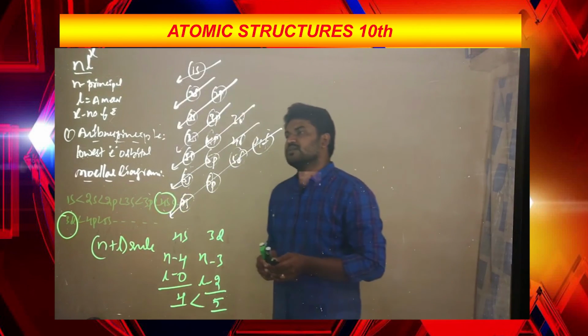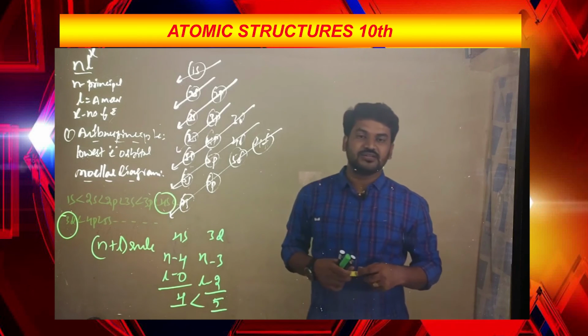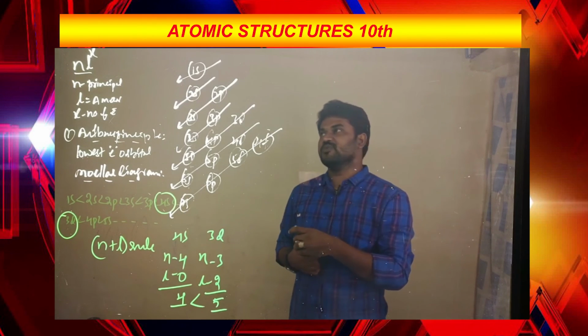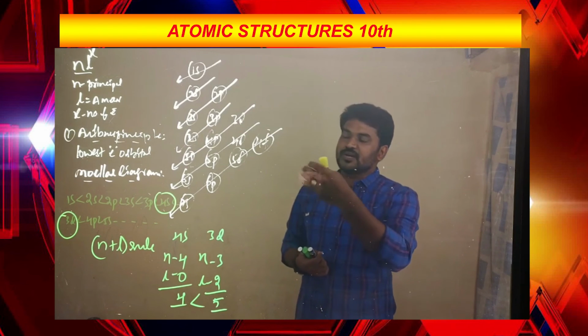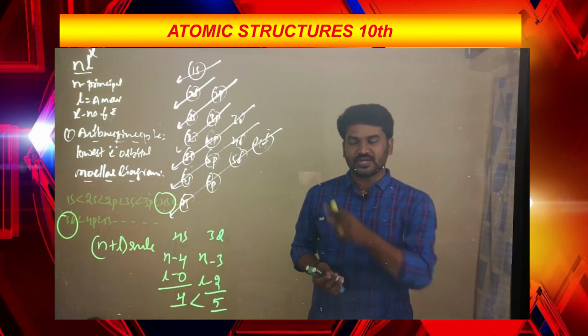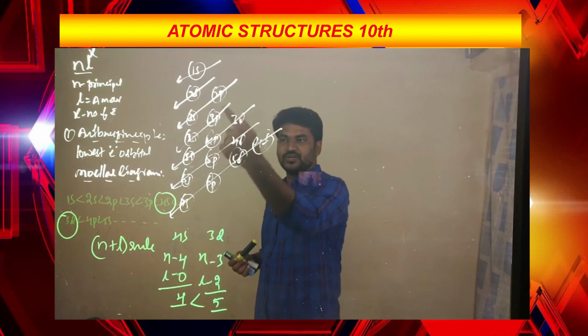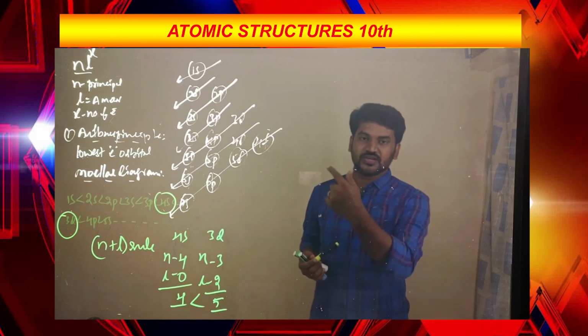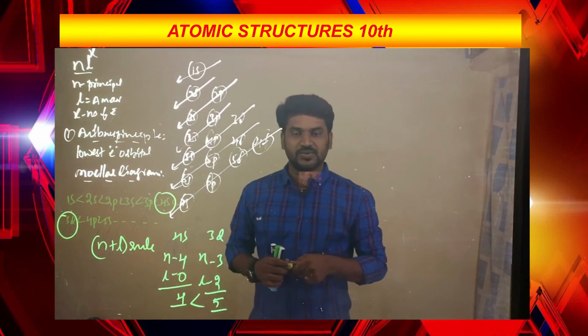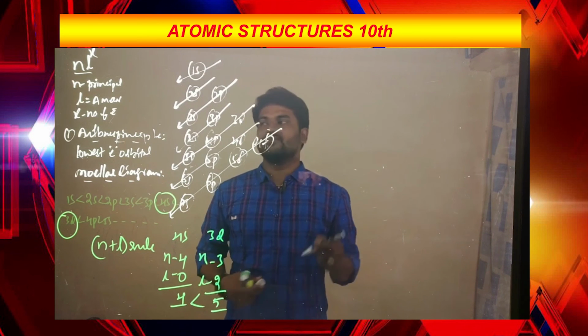So we are filling the electrons as per the Aufbau principle. Aufbau principle means lower energy orbitals are filling first, then it goes to higher energy orbitals. Okay, that is one rule. In this rule you need to learn two things: the Moeller diagram and the n plus L rule also. And then the next one I am writing here,